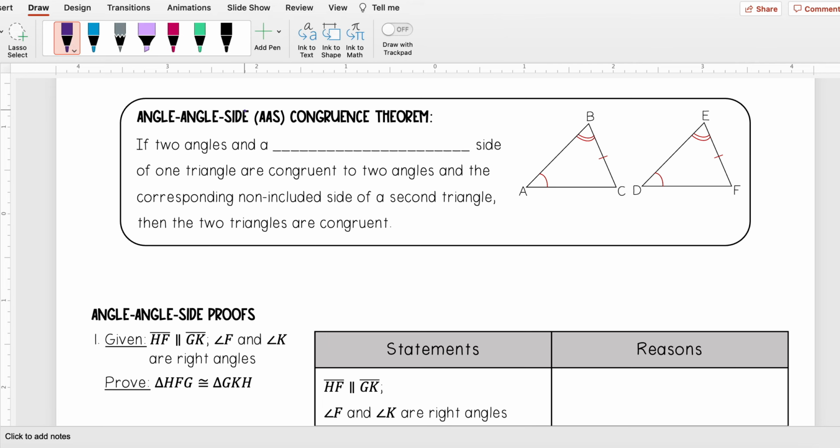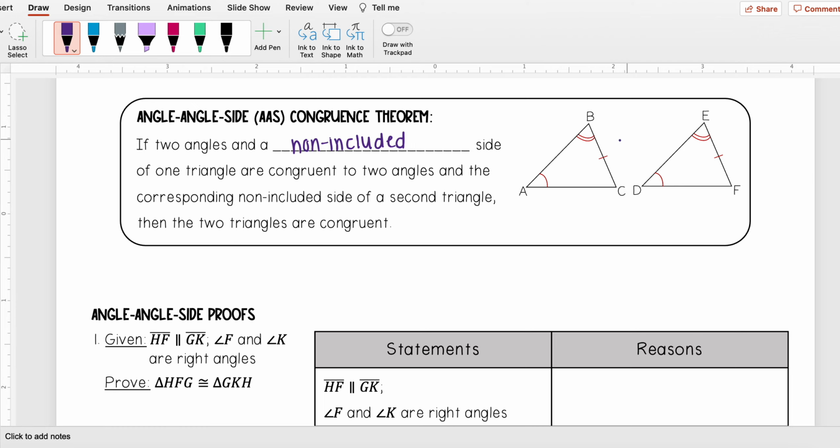We also have another theorem that we can use to prove that two triangles are congruent, and that is called the angle-angle-side, or AAS Congruence Theorem for short. So this one says if two angles and a non-included side of one triangle are congruent to two angles and the corresponding non-included side of a second triangle, then the two